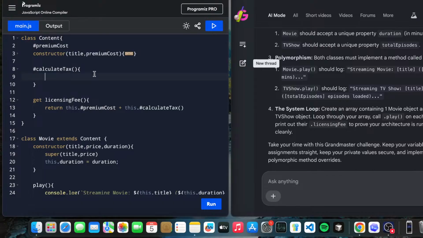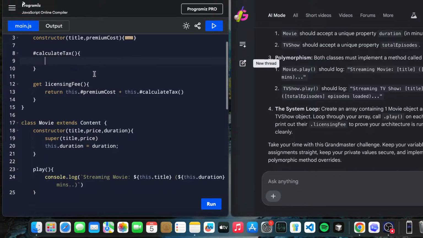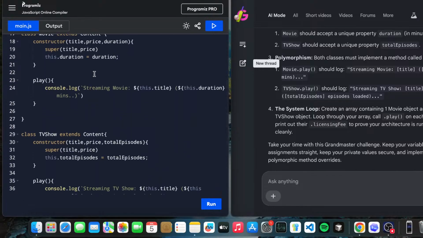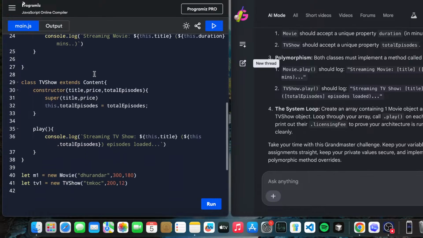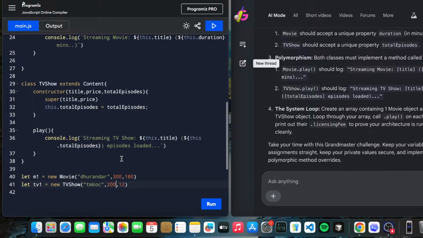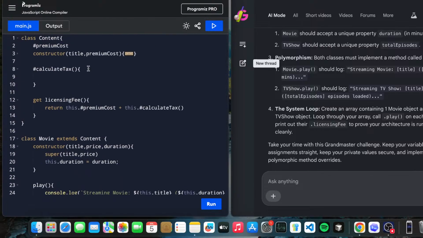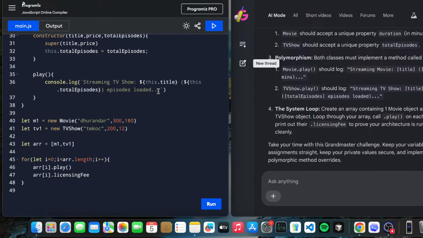Let's assume the premium cost, content title, constructor title price. Okay, we get a price of 300 and we are providing it there. So we get the premium cost, but I think we don't need it.